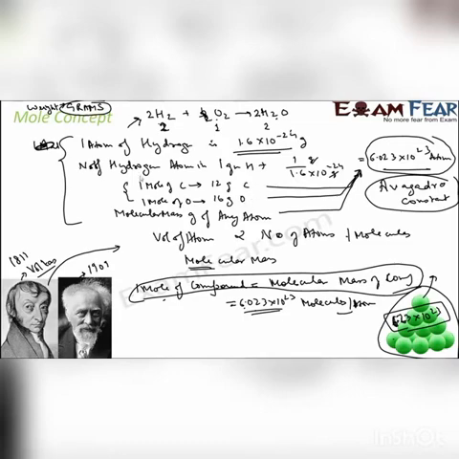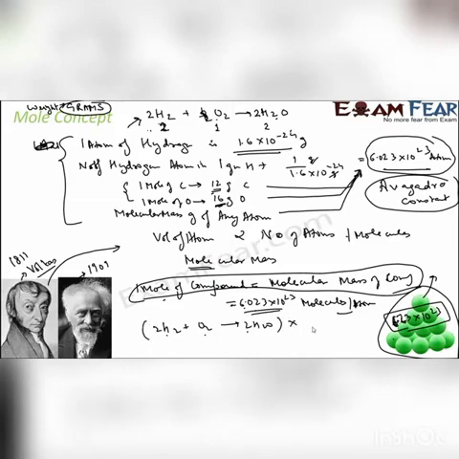So now if you see, things are linked. Instead of talking about 1 molecule or 2 molecules, we're talking about 1 mole, 2 mole or 3 mole. Why? Because these moles actually can give me the grams, and these grams I can easily measure in the lab. I'll just show you. This is the equation you have here. 2 molecules of hydrogen react with 1 molecule of oxygen to give 2 molecules of water.